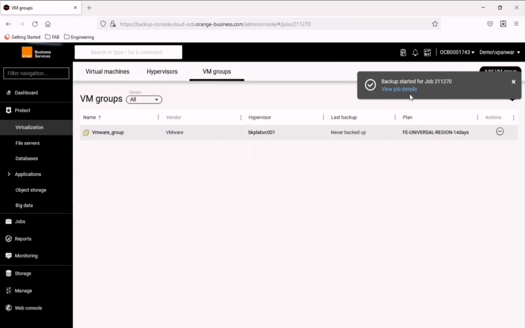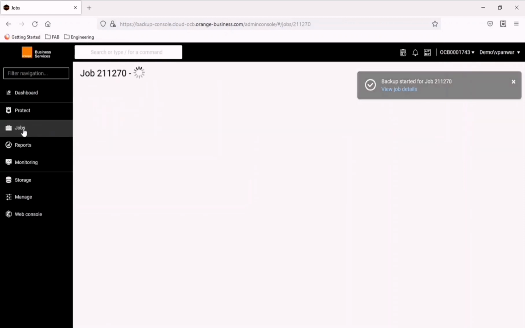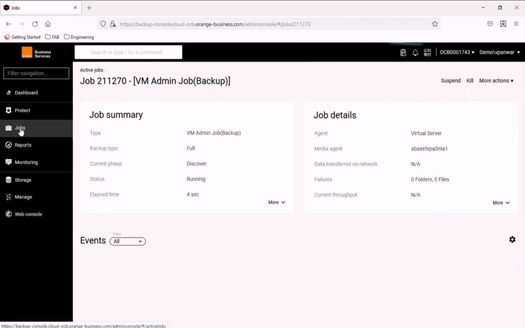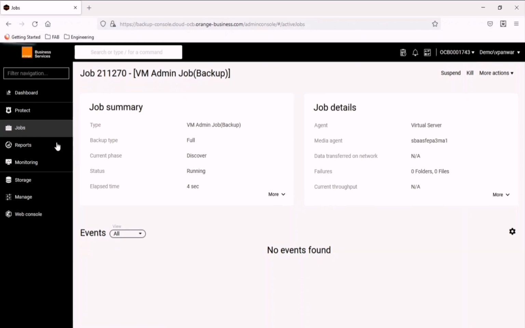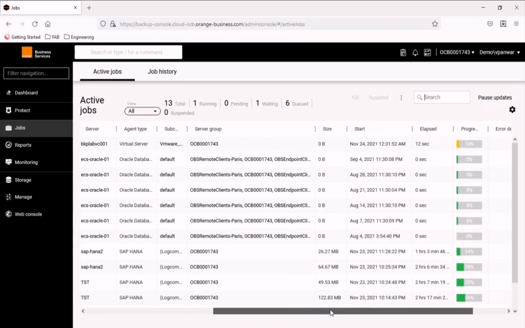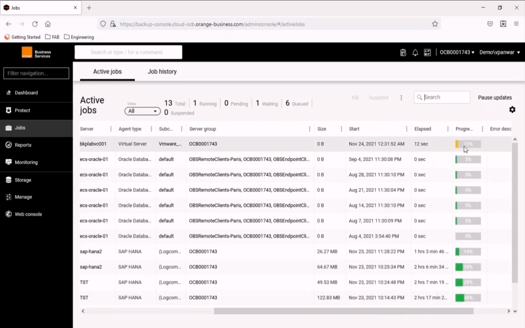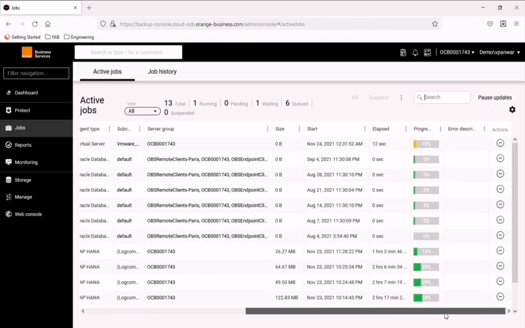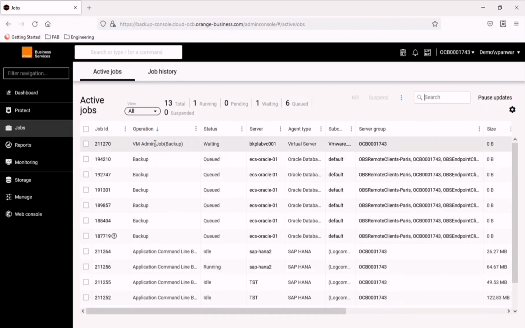Just click on view job details, or click on the jobs, and you can see the status, it is running. So this is the job which we have just triggered, and it is running right now. It would take some time to finish.